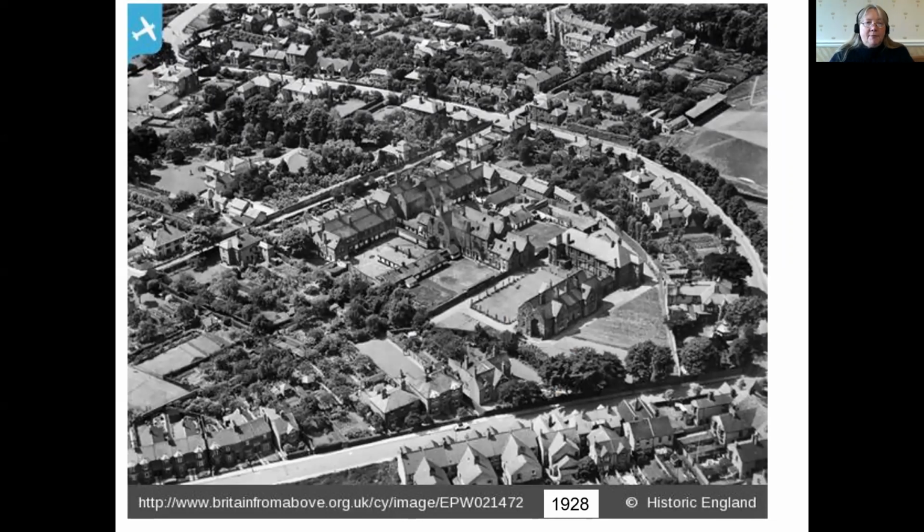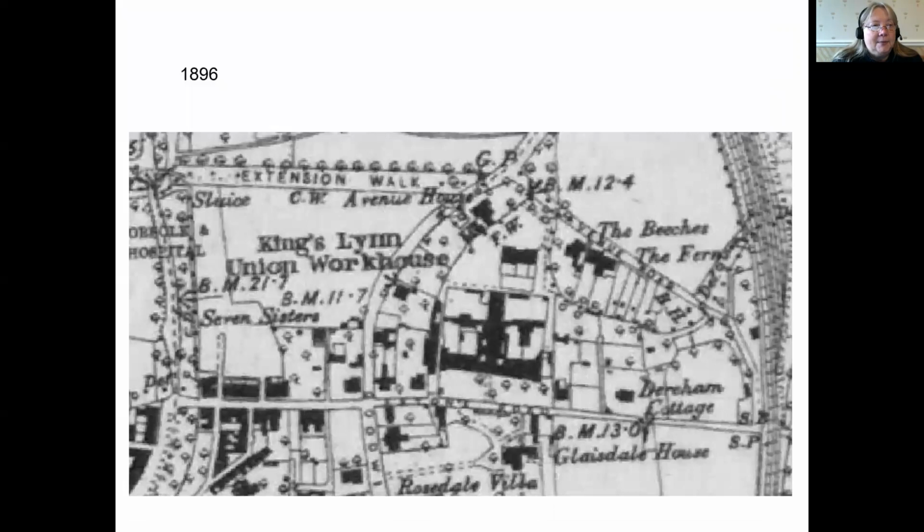Now, going back to our aerial photographs, this one here, again from the Britain from Above site, shows the building when it was still intact. It has been altered since. This one shows it in 1928, and the label on here says Poor Law Institution and Infirmary. If we then refer back to the maps we were looking at, there's that one that I showed you that shows King's Lynn Union Workhouse. So what we're looking at is the front of the building